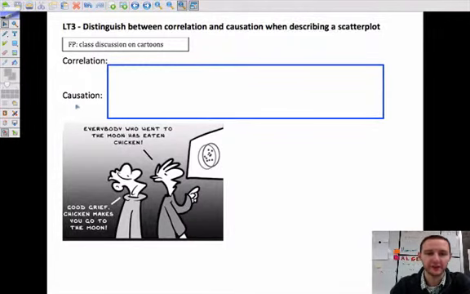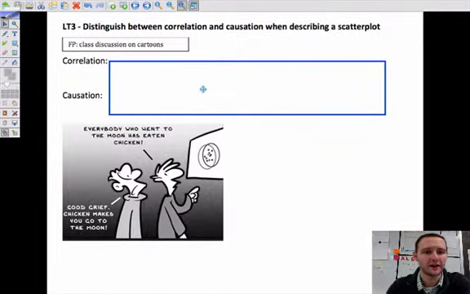All right, so LT3, we started this in class, but we're distinguishing between a correlation and a causation when describing a scatter plot. One of the things we talked about in class is really questioning some of the statistics that you hear or some of the graphics that you see. Because there's a difference between two things being correlated and two things having a causal relationship, or one causing the